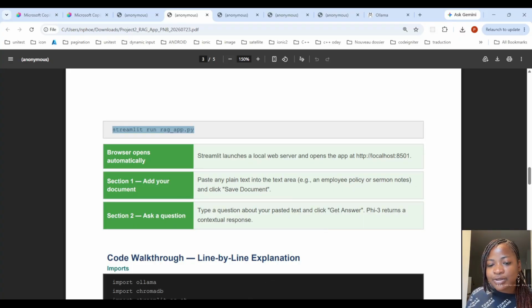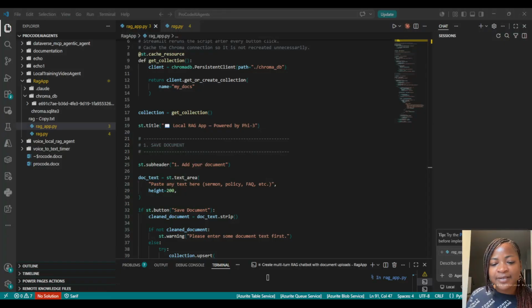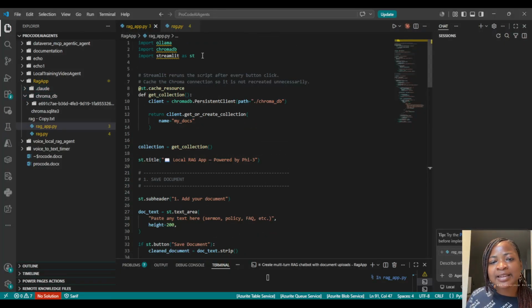So let's go to our script in VS Code. So this is the script here. It's the same code. I have made some modification because if I had kept this one, let me paste it so that you can see. If I had kept this code,